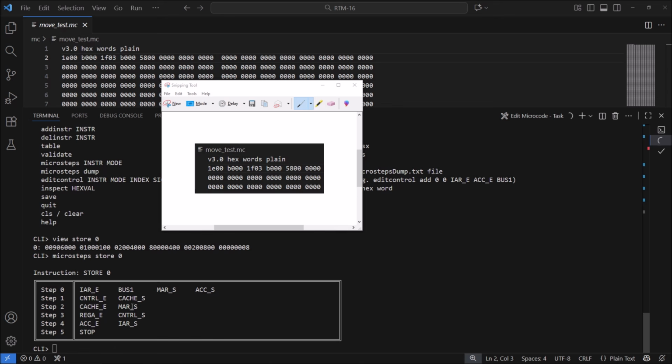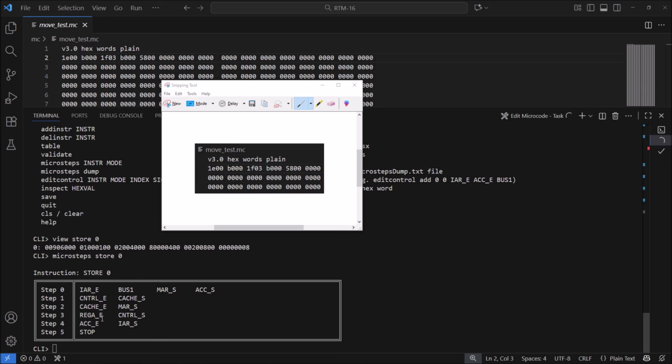So now we've got access to the memory location. What we can do is enable reg A onto the bus. Reg A would be, for example, register R0. So this is where we're moving information from the register into a memory location. Now we're already pointing to the memory location